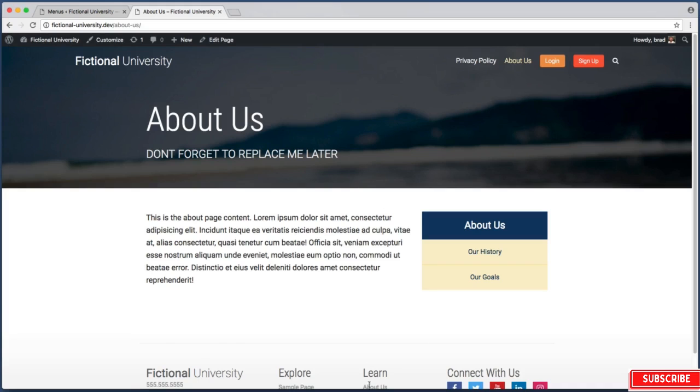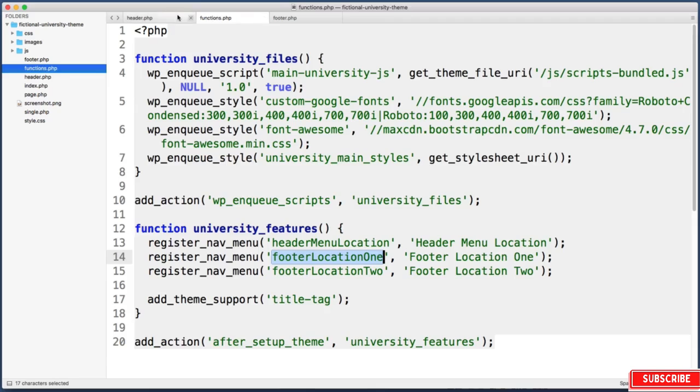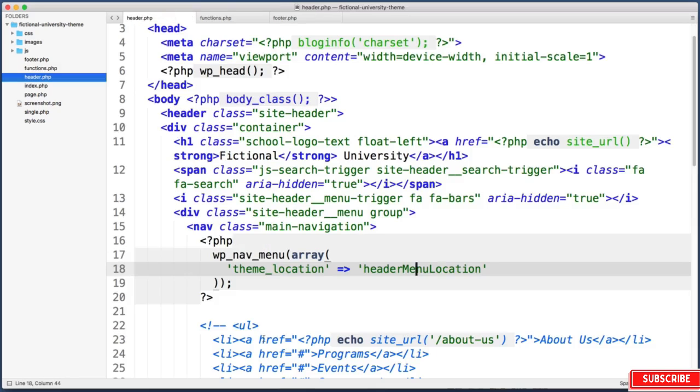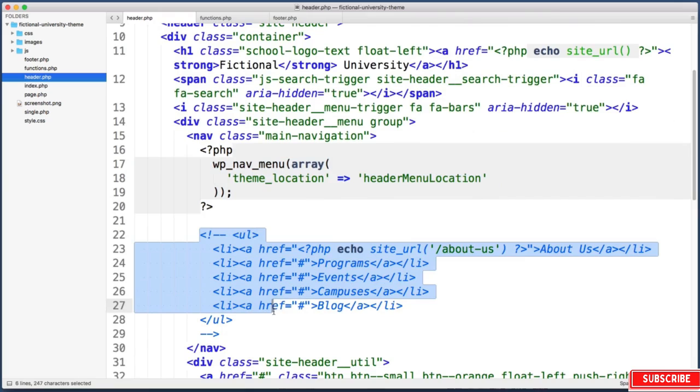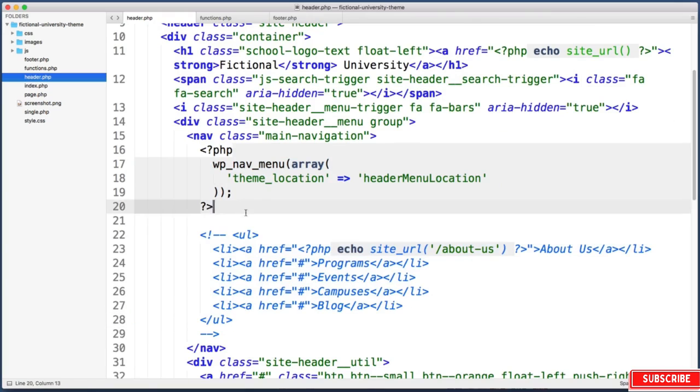But at this point I'm actually going to remove the dynamic menus from my theme files, and uncomment back out these unaltered ordered list hard-coded links. Now again, this is totally just personal preference, but I do want you to be able to do things either way. So we've seen the dynamic WordPress menu way, but for now I'm going to kiss it goodbye. So right now I'm in header. Delete this and then uncomment back out my original ordered list,